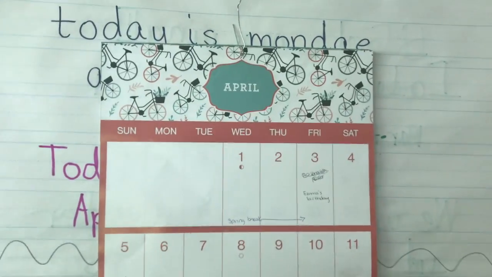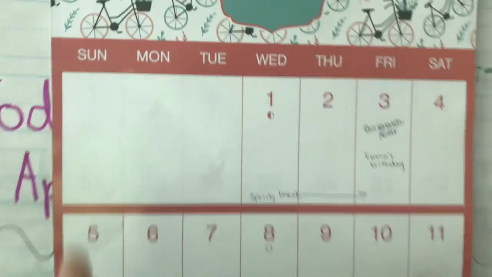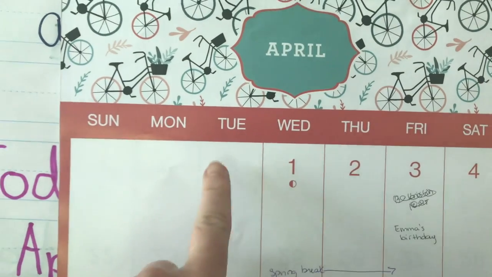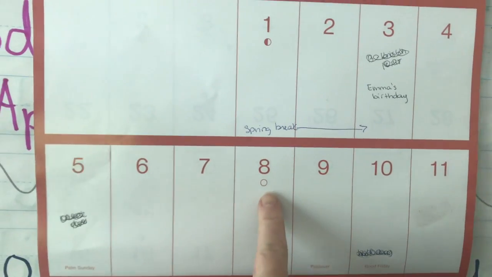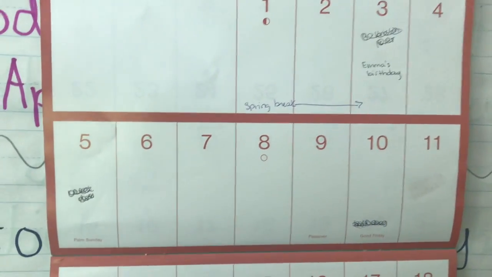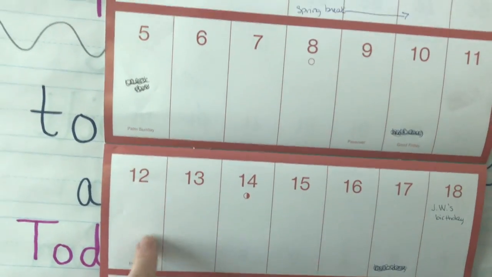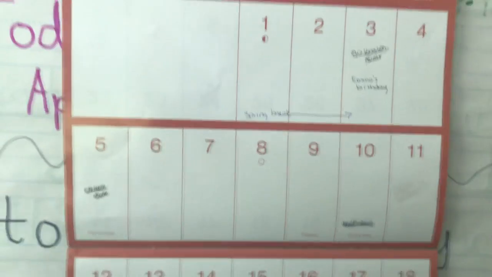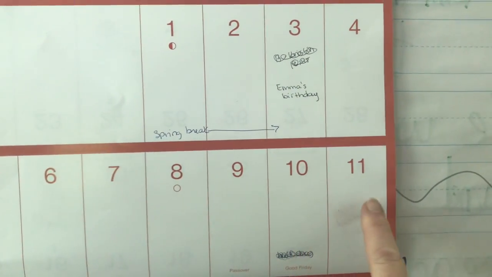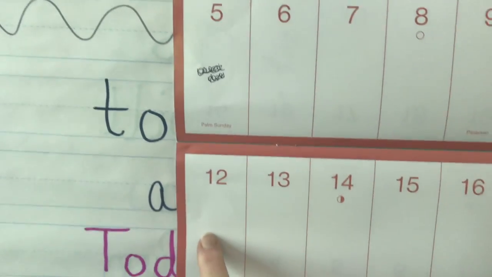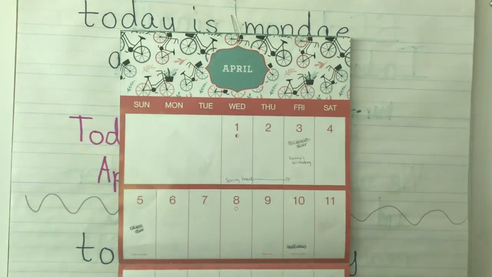Okay, so we are in the month of April, and we look at all of our abbreviations here. And we said today is Wednesday, and we go down, it is April 8th, 2020. Let's see how many days we have until we get to Easter. Easter is this Sunday. So today is Wednesday, so let's see how many days we have. 1, 2, 3, 4. Only 4 days to go until Easter. So not too many to wait.